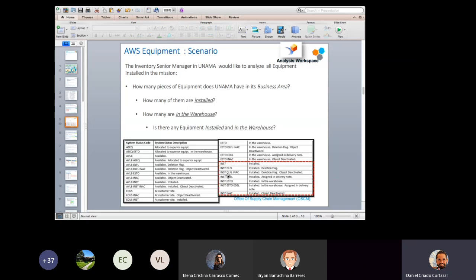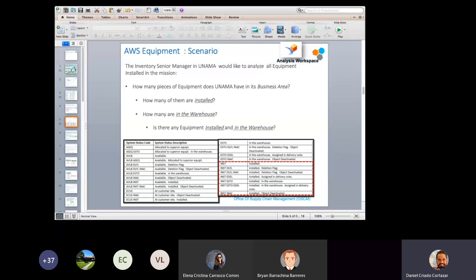Okay, so that's first of all, because in real life, as we know, and especially when we're going to downsize or even liquidate a mission, you might find a lot of dirty data, and that dirty data will be affecting the equipment master record. So you may find system statuses which are not really compliant with the user status. So that's why BI gives you a good hand, because what you can do here,